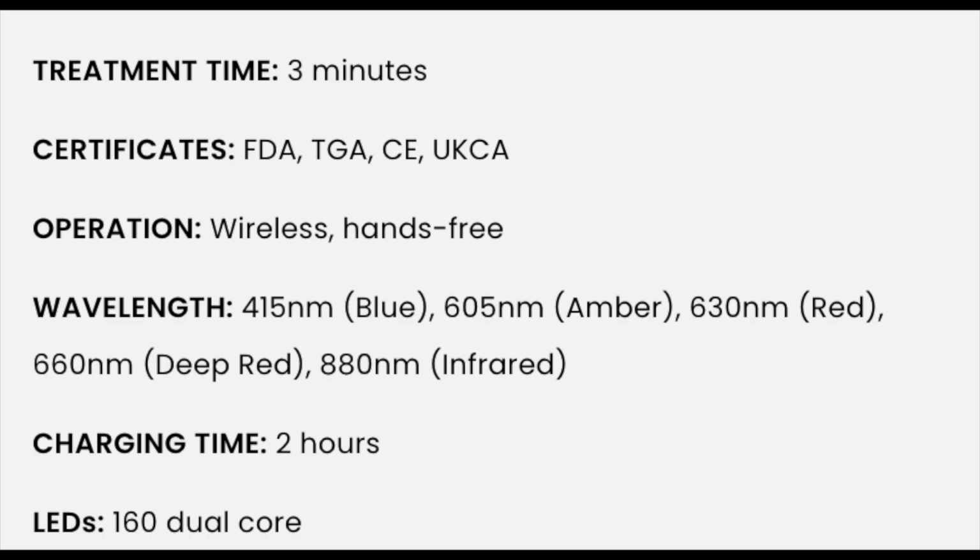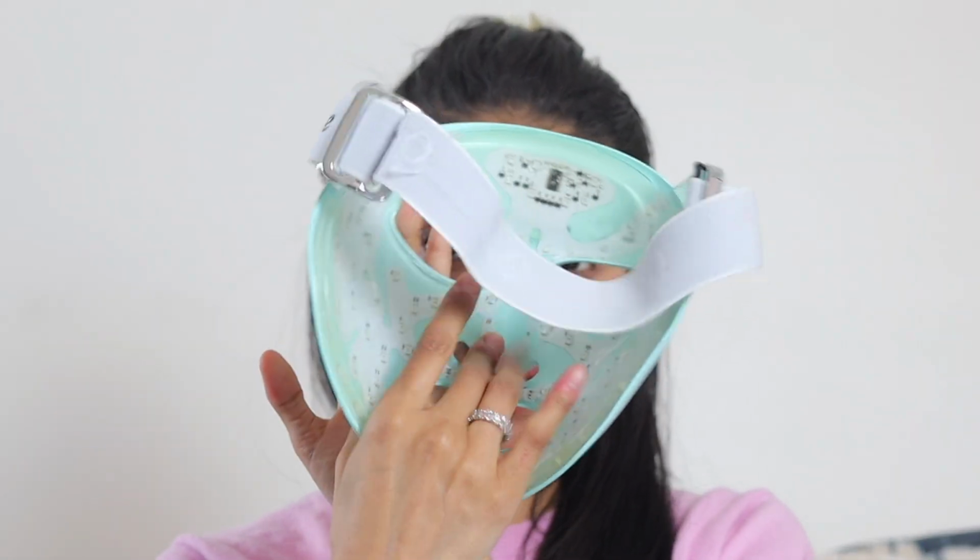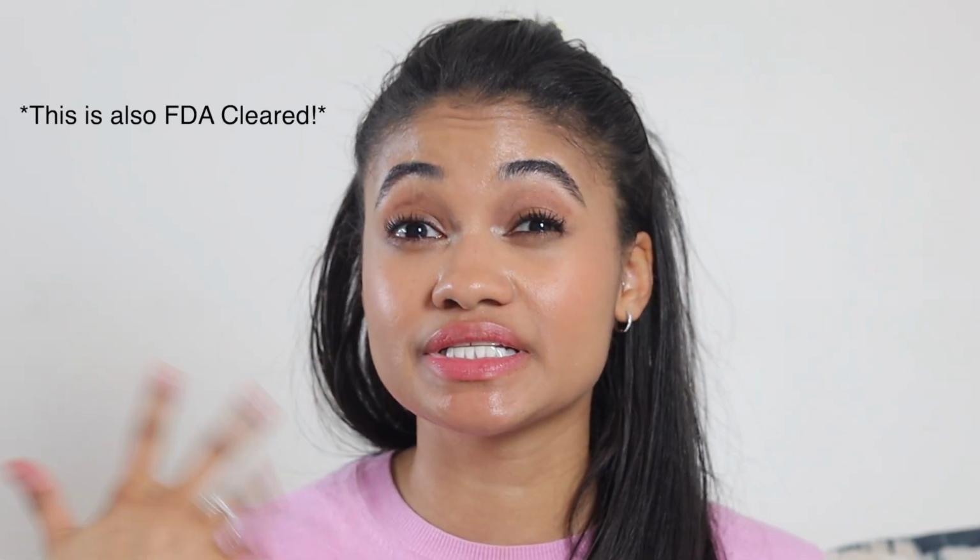The wavelengths on this mask are 630 plus 830, so in that red and infrared range. Then it also has the optional 415, which is blue light. The LED light count is about 160 on this one, so it does have more LEDs in this. Runtime on this one is 3 minutes, and the reason for that is because it is more intense of a